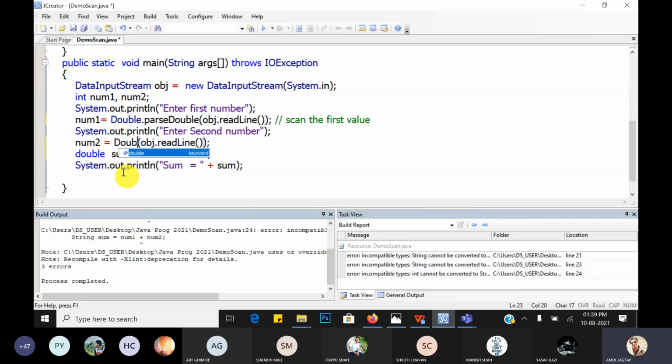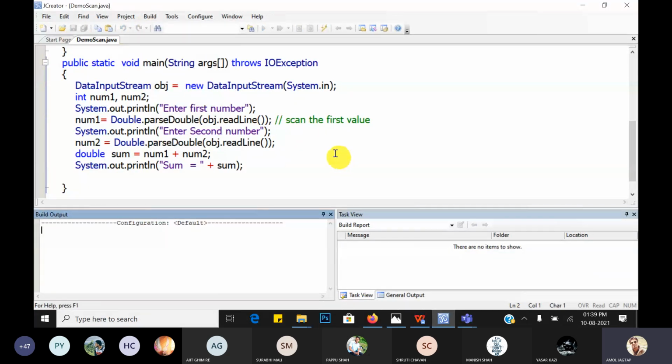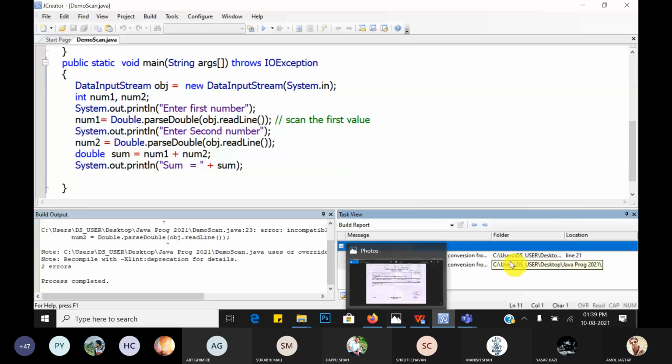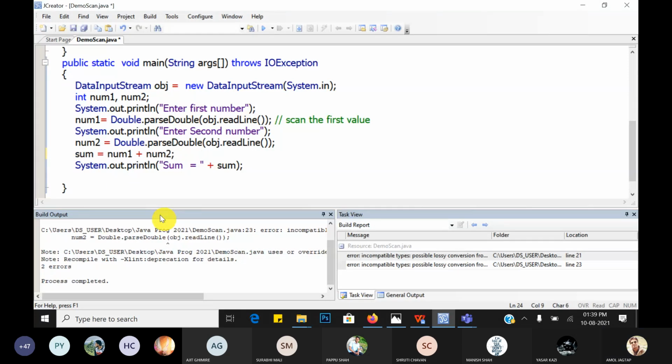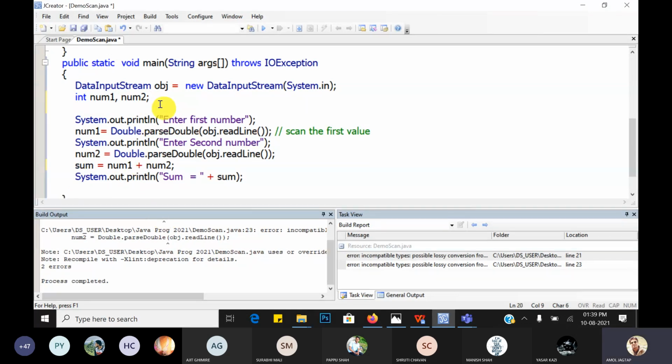Similarly here, Double.parseDouble. If you want to add two double values, just save it, compile it. Possible lossy conversion. Sum is of type double.